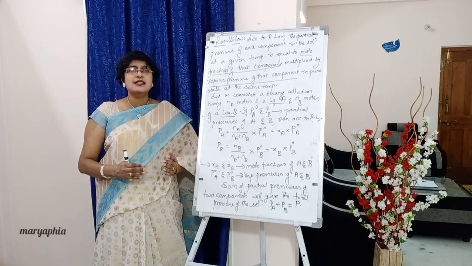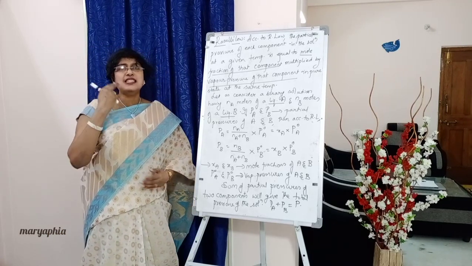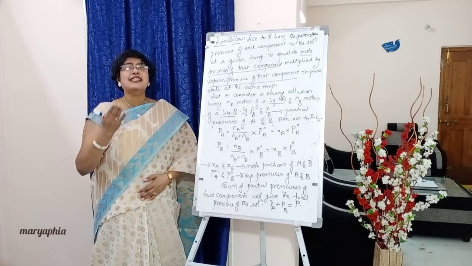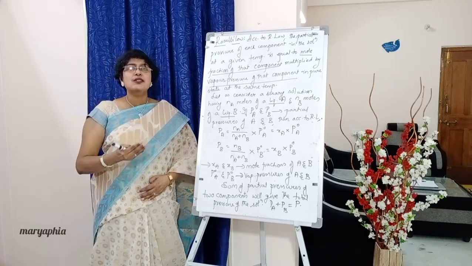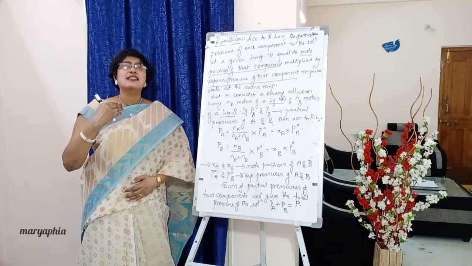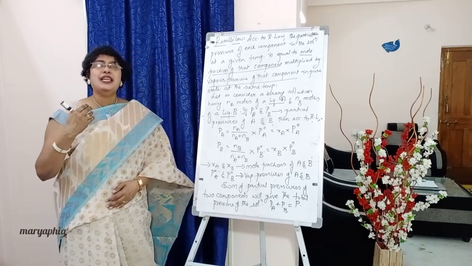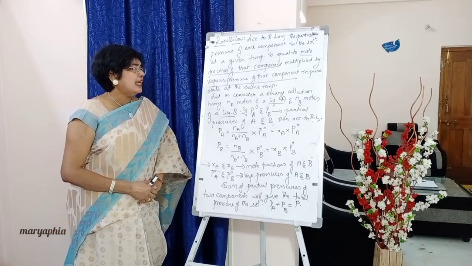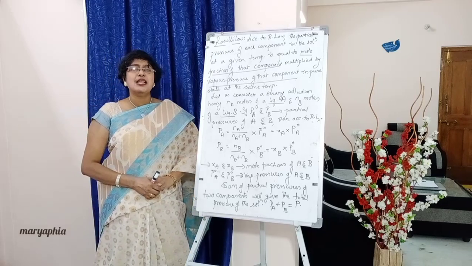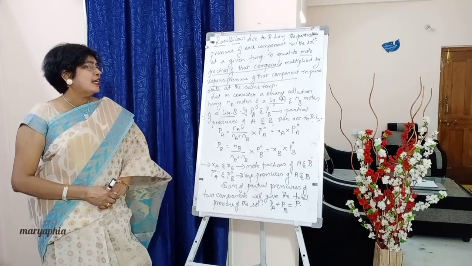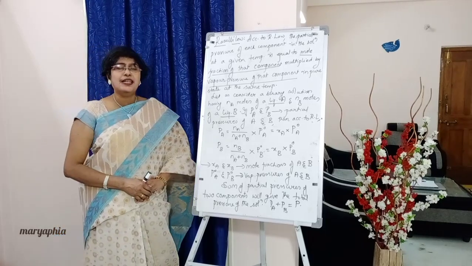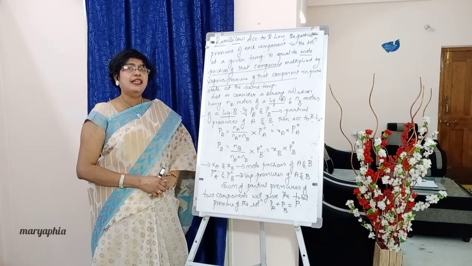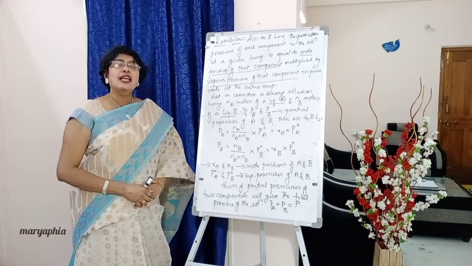Now what did you understand, students? A binary liquid mixture or binary solution means it consists of two components. Now we are considering a binary solution consisting of two components, capital A and capital B. Number of moles of A, let us consider it as small na, and number of moles of B, let us assume it to be Nb. If Pa and Pb, where Pa is the partial pressure of liquid A component and Pb is the partial pressure of B component, are the partial pressures of A and B, then according to Raoult's law.